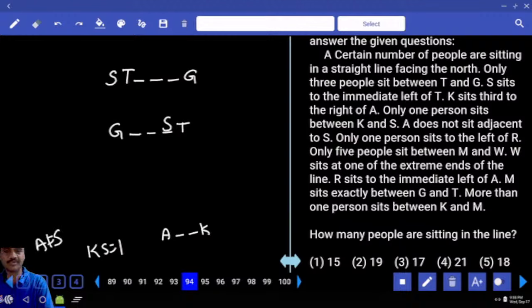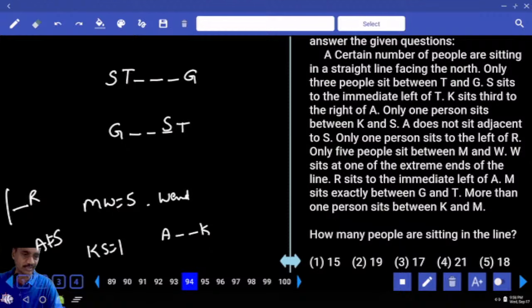And only one person to the left hand side of R. And only 5 persons in between M and W. W is at one of the extreme ends. Next one,